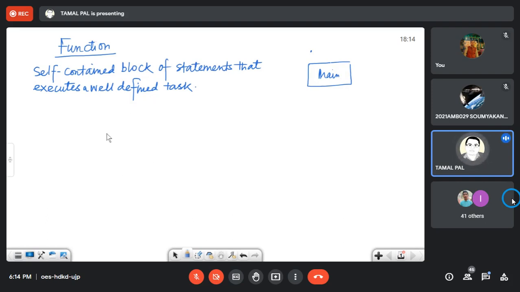It is not very true to say that we cannot do all sorts of things inside main, but it will be a somewhat clumsy design. That's why we abandon the habit of writing all sorts of computations inside main. If we have the scope to divide it into some units, we divide it and develop